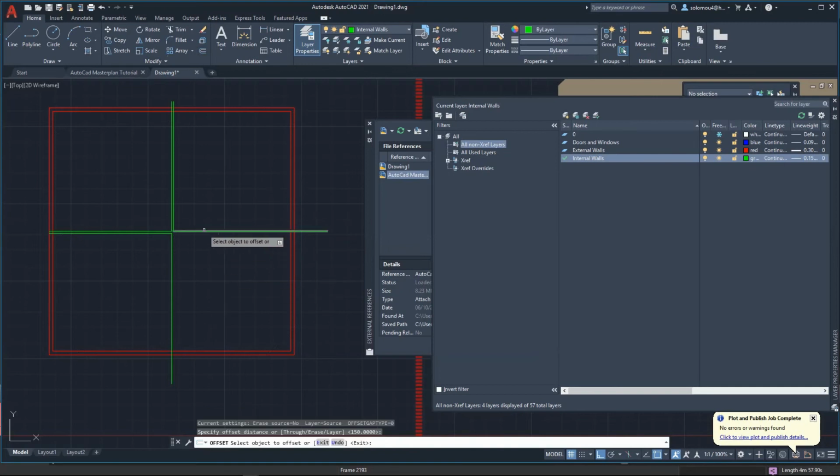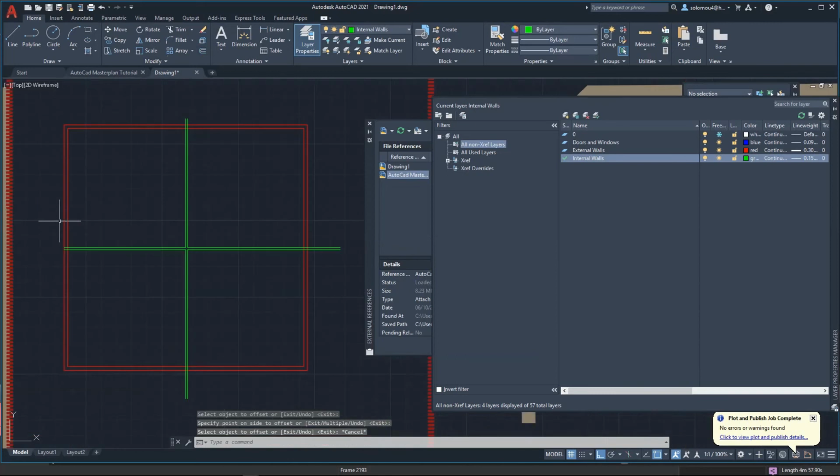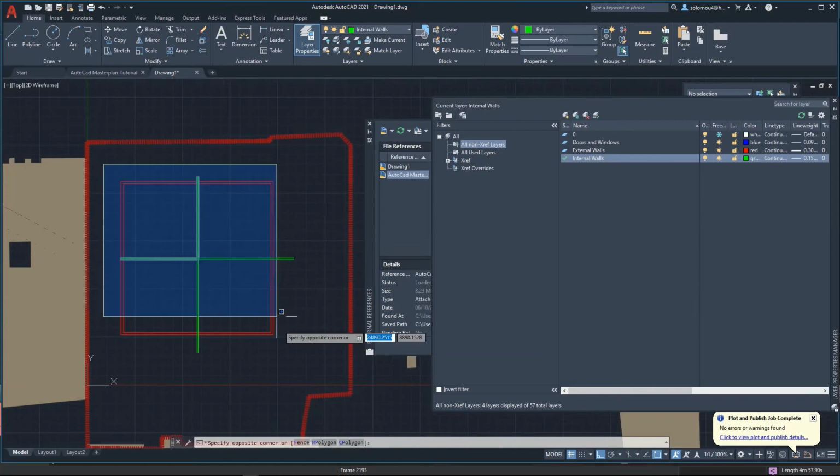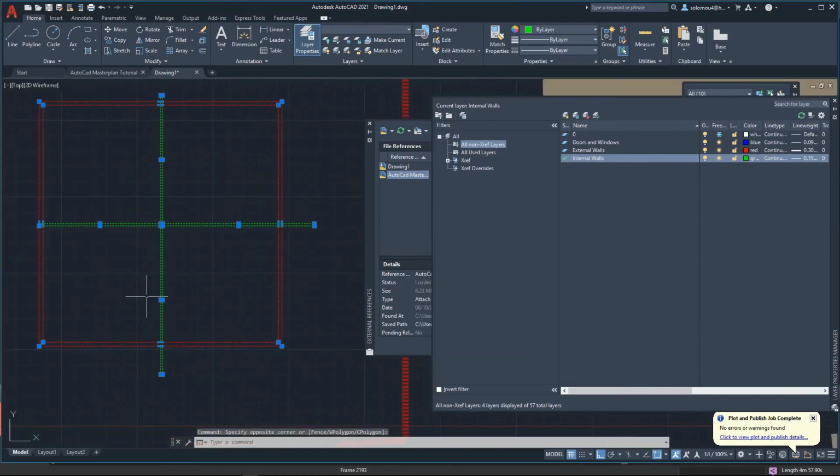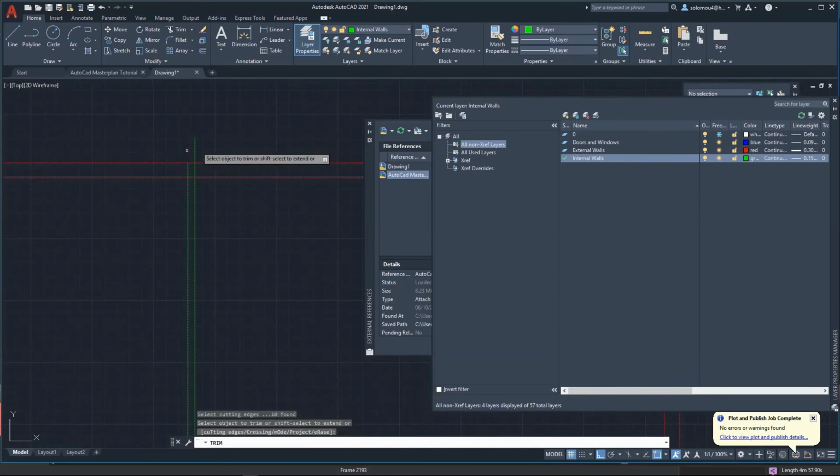150, yes, and press it down, and like that. Yeah, perfect. Right, now you can see that there's some intersects here. What we need to do is we need to trim things, right? So we select all of these, and we go into the trim, and we go, okay, so these are overextended,